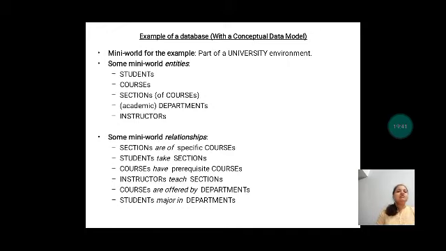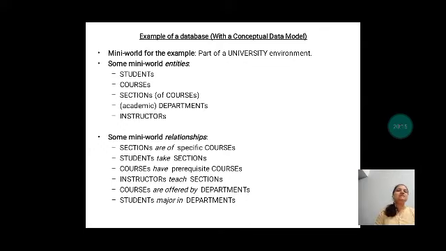Now, when entities exist, what do we need to find? We need to find the relationship between those entities. If we include entities in one system, there will be some relationship between them, so we first have to identify the relationships among those entities. Then we can build one complete database, and we can build a conceptual data model for this particular world.